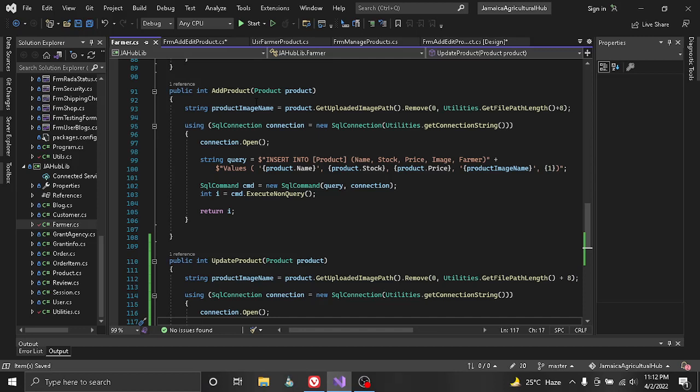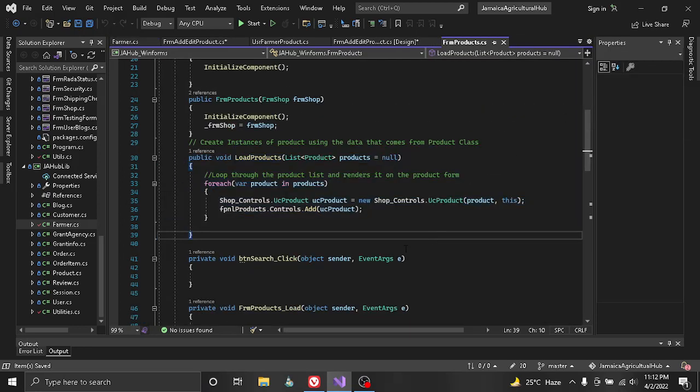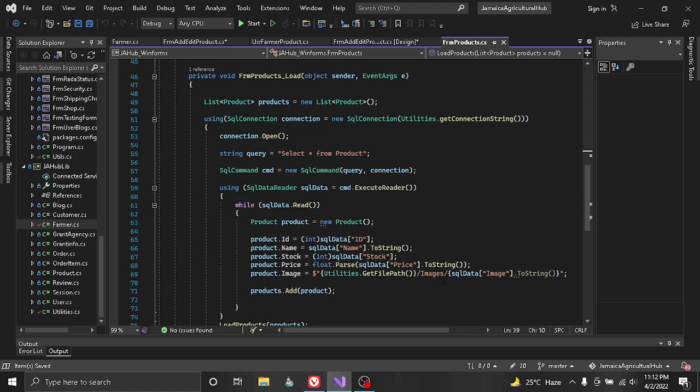So the actual data is being read. I think it's in products. Right here. So this is one of the ways that, oh, I want to do this again this way, but I'm going to have to do it again somewhere else. But I have to still use this because at the end of the day, I want the objects to have the absolute path